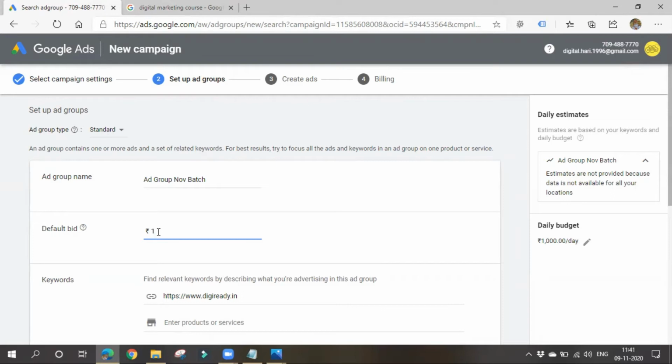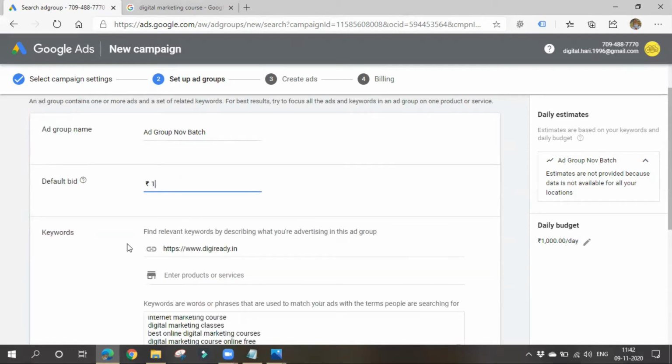If you can't do this all the time, I'll say another method also in tomorrow's class. For today, please go with this. Manually keep your bid amount as 1 rupee. Go and check your position. If you are displaying in some third or fourth position, increase your bid amount to 2 rupees. If you are getting displayed in the same position, again increase your bid amount. Keep going on increasing your bid amount till you come on top. Initially, make it 1 rupee only, so that you will not lose your money. It is something about analysis, right?